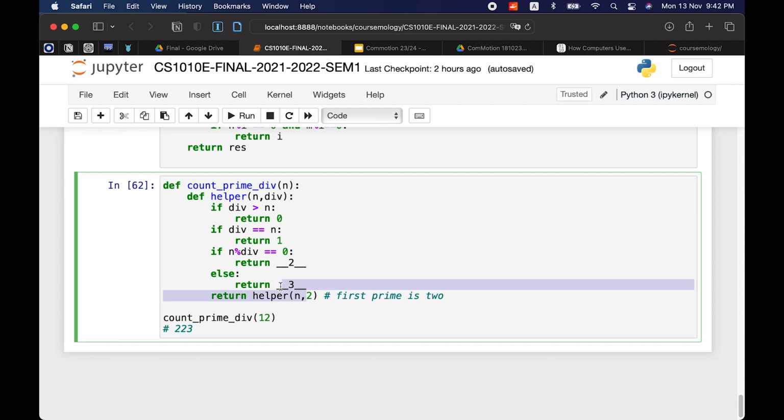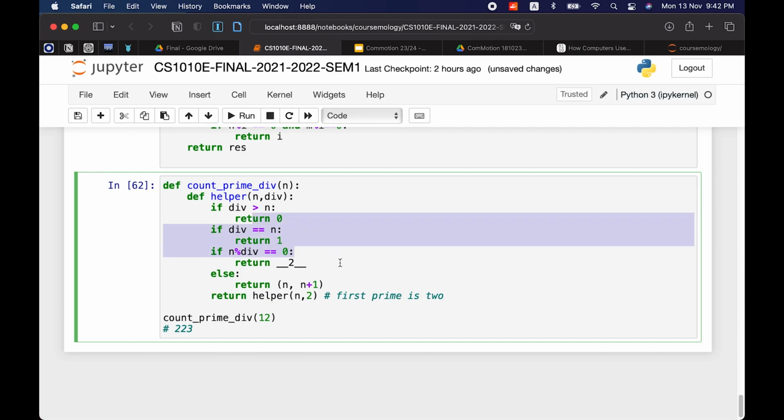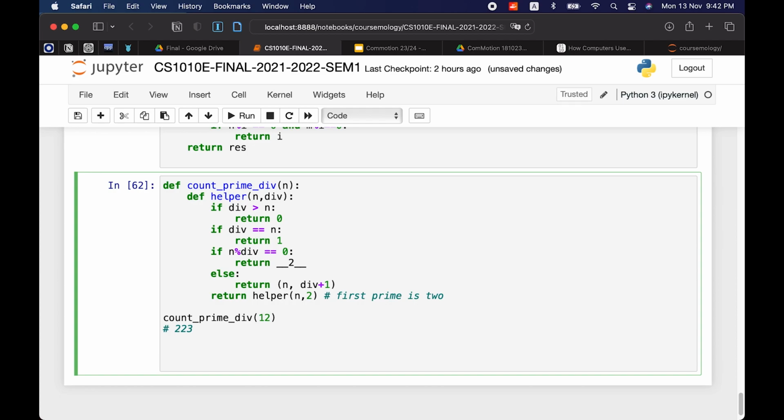else, okay, so this one I think I know what it is. You are putting n and you're incrementing the divisor. So we're going to start with prime numbers too. The thing about this problem is any number can be expressed as a bunch of multiples of prime numbers. So 18, for example, is 2 times 3 times 3.